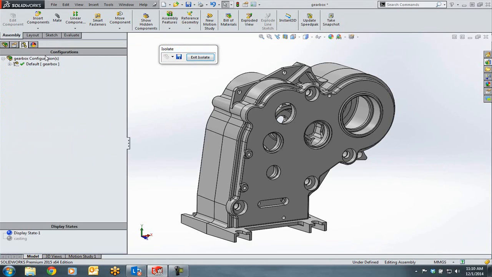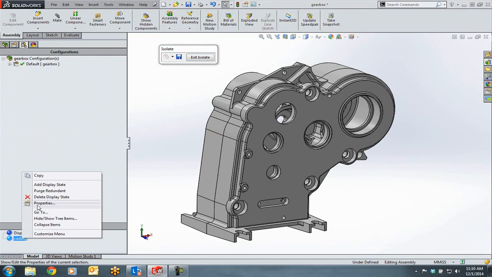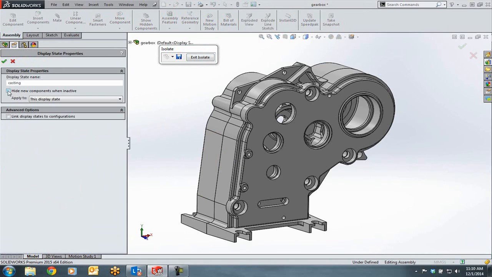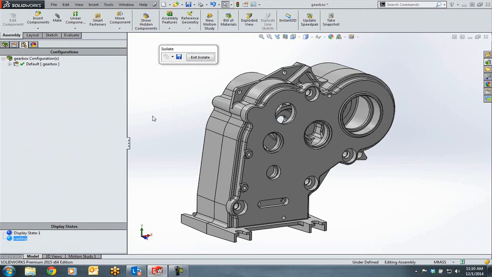In SolidWorks 2014, if more components were added to this assembly, they would be visible in our casting display state by default. But now, in 2015, you can right-click and go to Properties and choose to hide new components, and notice I have applied this to this display state only, selected. This means when new components are added, we will retain this display state, and it will only show the two